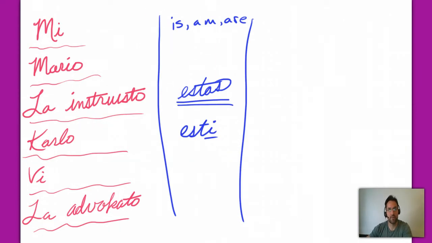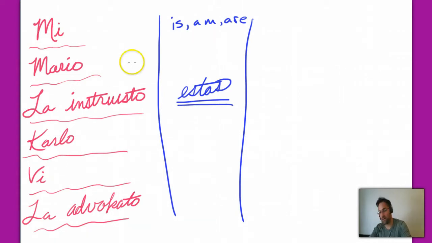This ends in as, so this is the present state of being. So we have mi, Mario, la instruisto, Carlo, vi, la advokato. These are all words from our word lists that we've covered so far. And our options